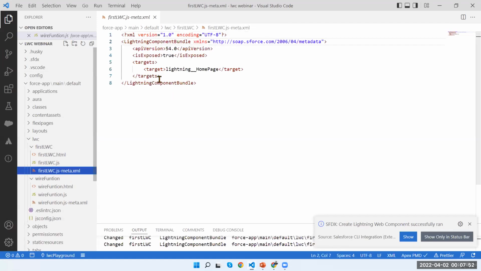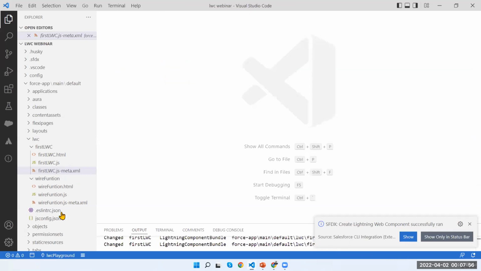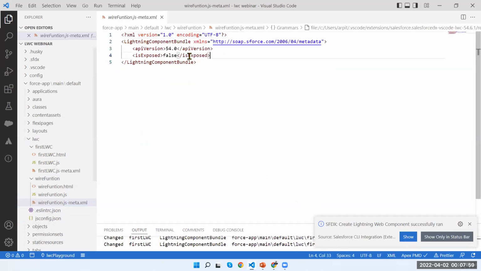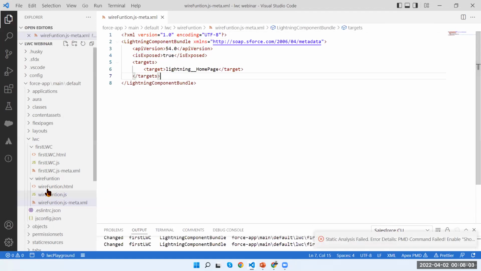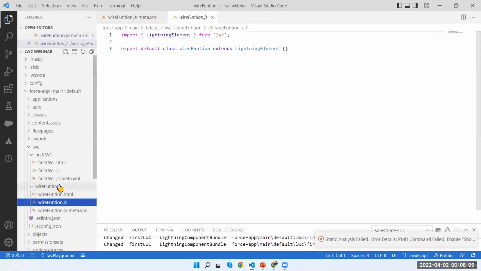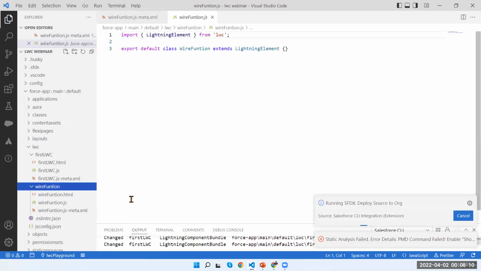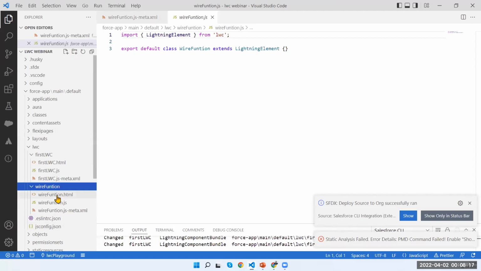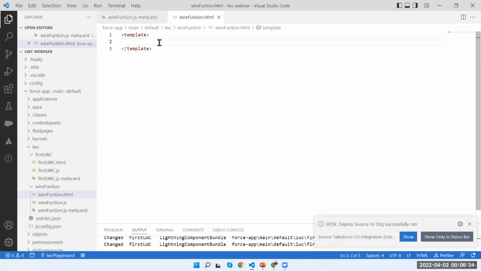Here in the beta, I will copy and just deploy. So I have one scenario: I have to search accounts based on the input data I'm providing. So what I can use is